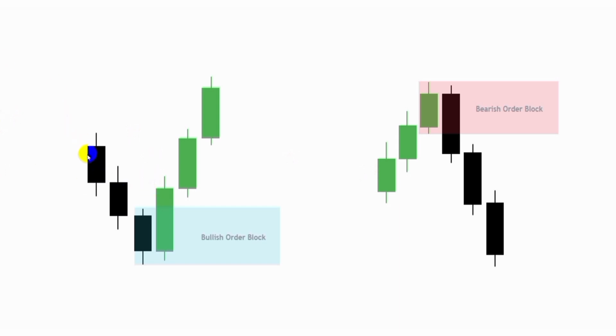So the bullish order block is actually the last sell candle before the bullish impulsive leg move. So it is the last sell candle before the bullish impulsive move. So you can see now, this is our bullish order block. This is the last sell candle before this bullish impulsive move that engulfed the bearish candlestick. So now this is the bullish order block. And you find these bullish order blocks within support levels or zones,